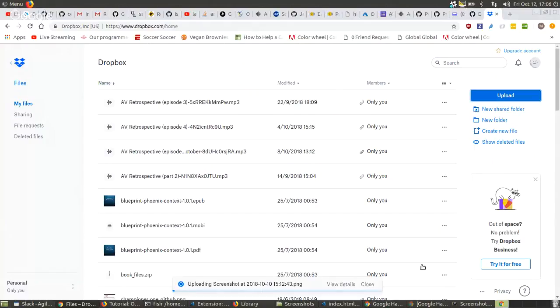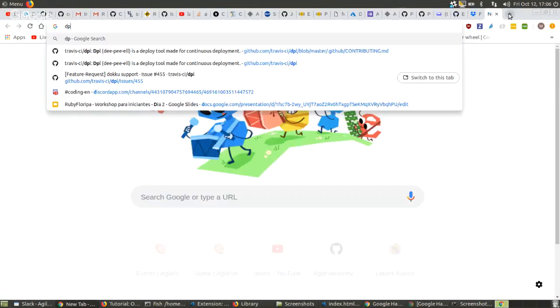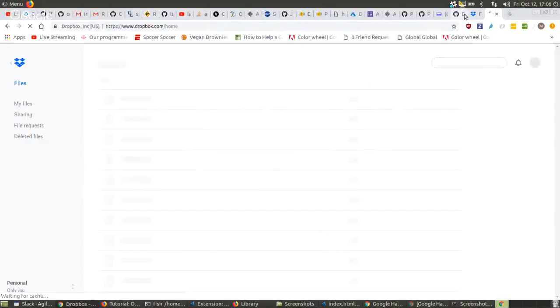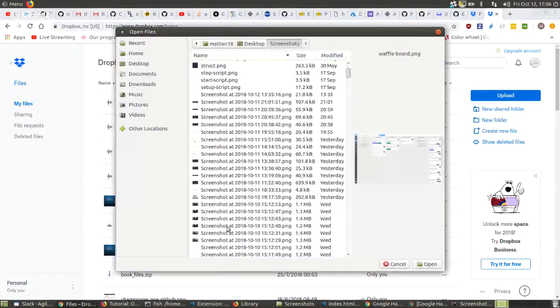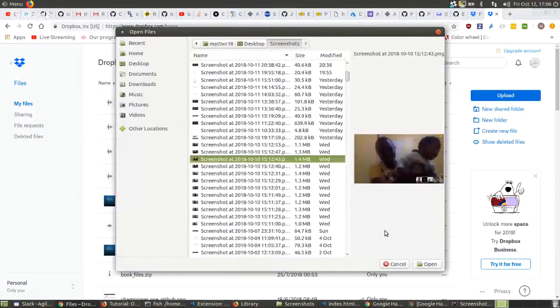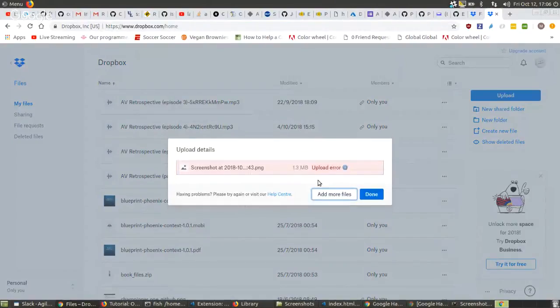Open. It's really weird, you know. I think I have something going on with my Dropbox. Upload files, and it's this one here, and upload and view details.